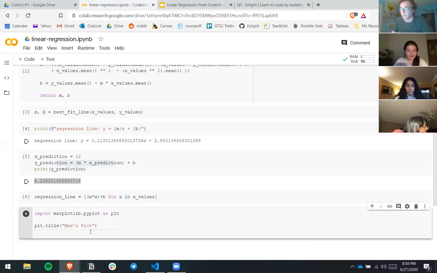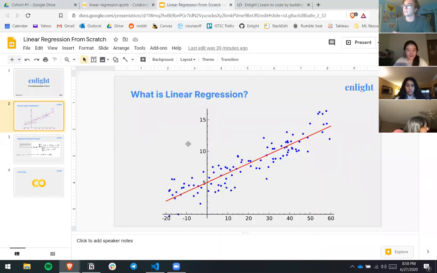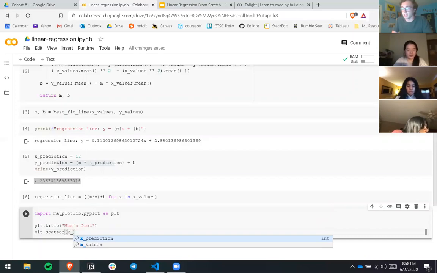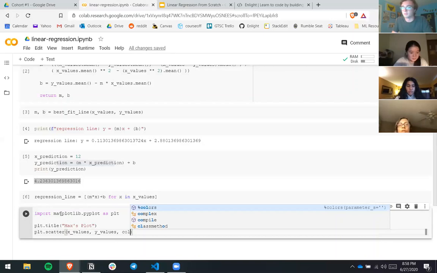We don't actually have a plot yet. Let's make a scatter plot, right? That makes the most sense. If we think about this, it's a scatter plot with a line of best fit through it. So let's plot all of our x values first. So we're going to do plt.scatter, and we want to scatter the x values as our inputs and the y values as our outputs. And let's give it a color of